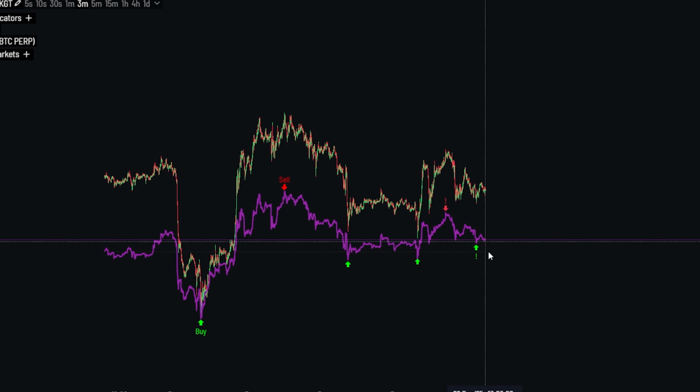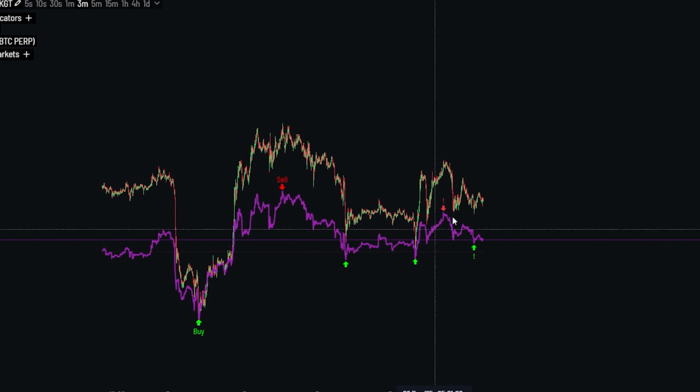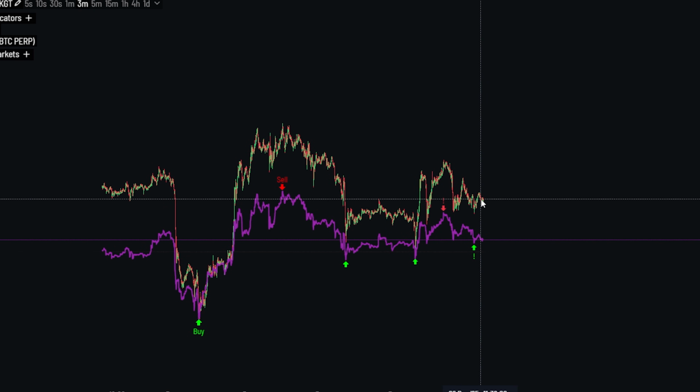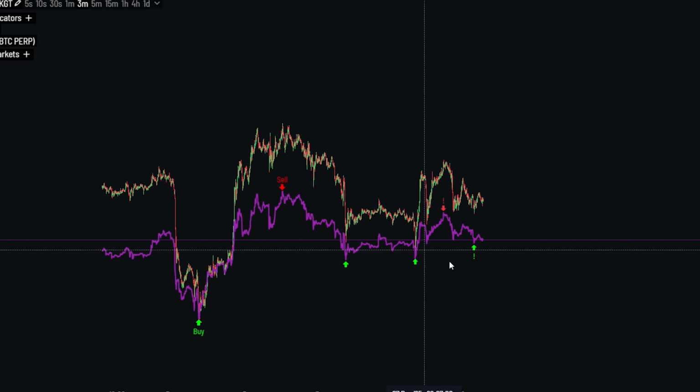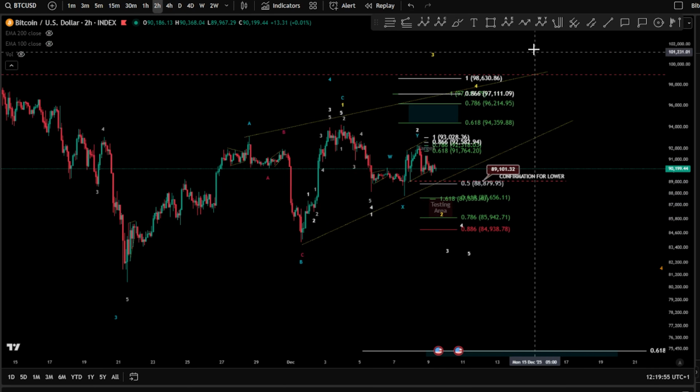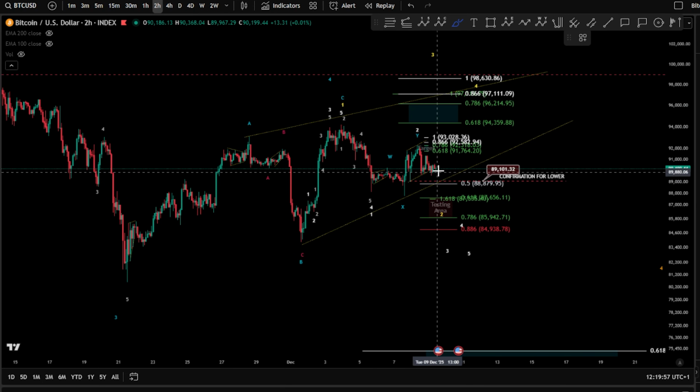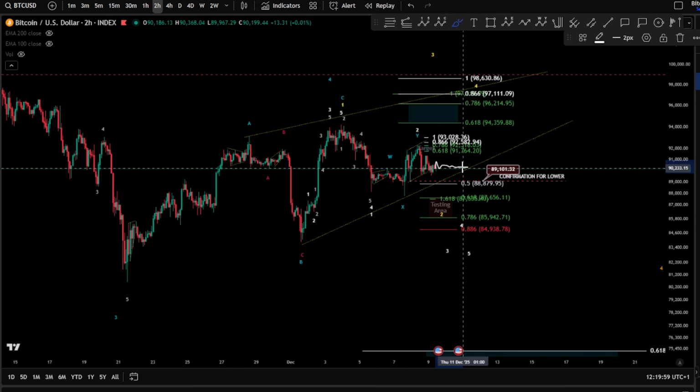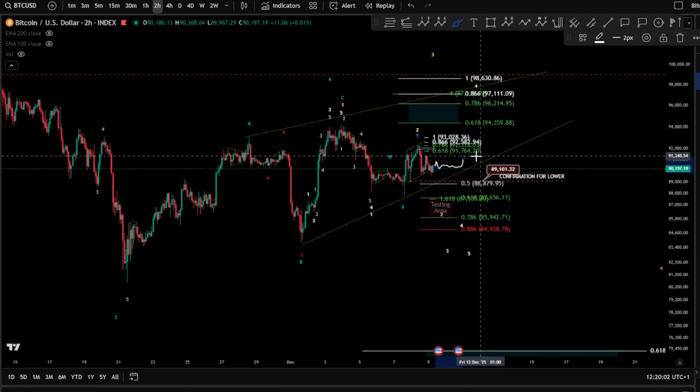You would like to see the CVD line pushing lower while the price is higher. You want to see something open here between the price and the CVD line. Now, we see a little bit, but preferably this signal is below this one and the price is above it. That means you would like to see a very clear divergence to claim something very bullish. Now, what I see is that it might be a continuation sideways probably for Bitcoin.